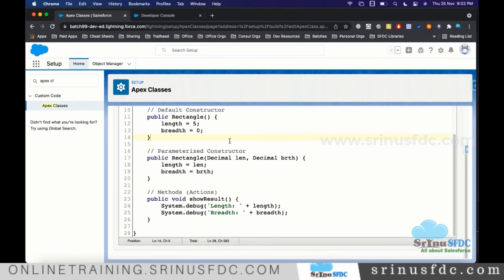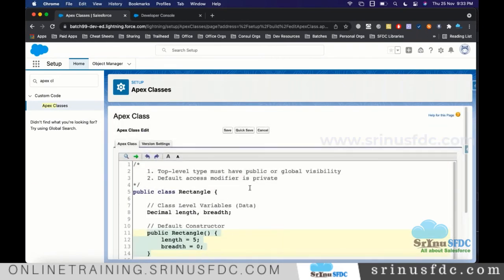Since we don't have time, tomorrow I'm going to define a few more methods. If you don't want to use void, how do we define a type, and what will the syntax be, and what is the purpose of a constructor and what is the purpose of a method? Obviously there is a difference, right? We'll see all those things tomorrow.